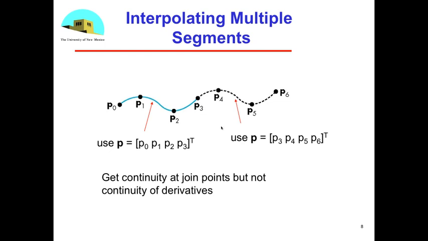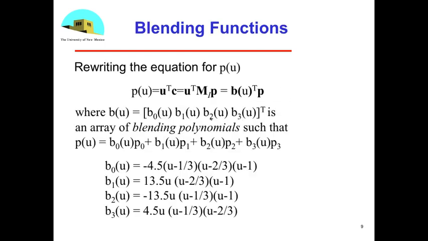Now, one way also to analyze that is to redo this equation. So let's go back and rewrite the original equation. We started writing it as U transpose C, and we said, okay, well, we solved for C. That's the interpolating matrix times the data, M times P. And suppose I just take the U transpose and the M. Now, see, that part is independent of the data, and in fact, it's all polynomials, because what M does is it gives me a